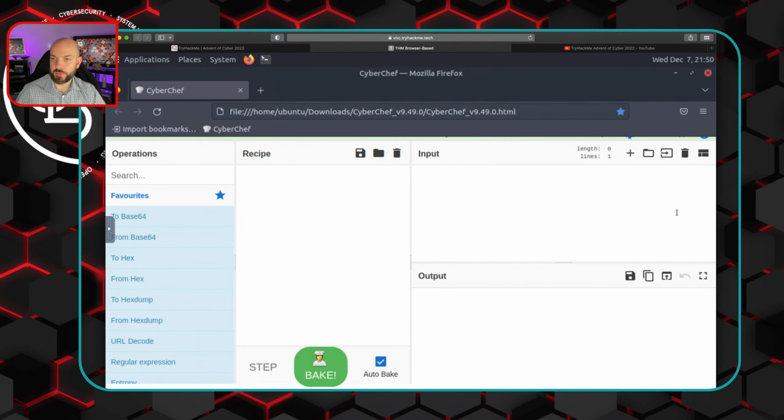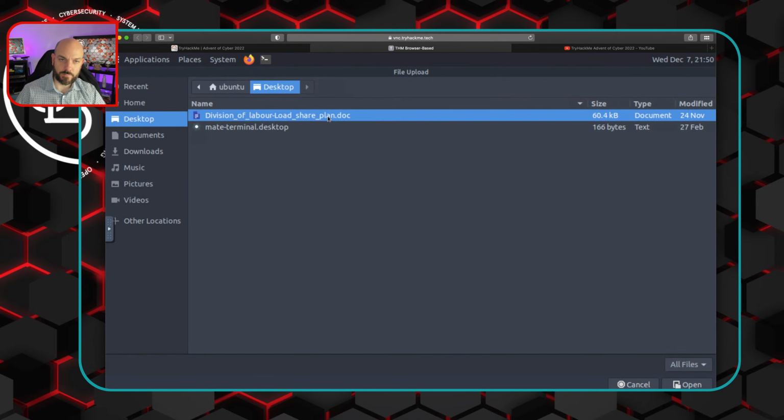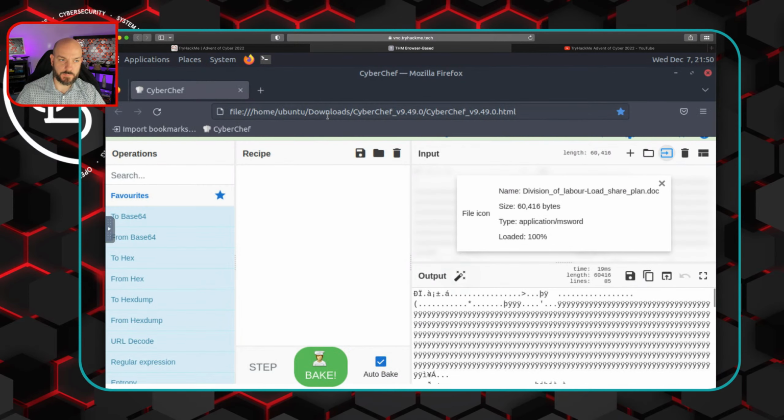Okay. And so here, all we're going to do is add a file as input. We could drag and drop it, but I don't want to minimize the screen. I want to make it so you can see this as well as possible. So we have auto bake selected here. And then I think the first thing that we were going to do was look at the strings. So in the search bar over here,